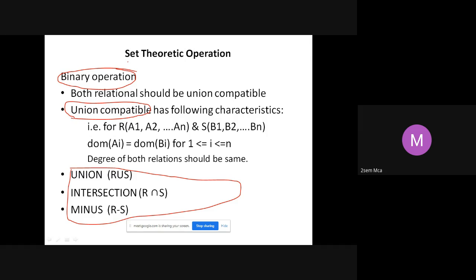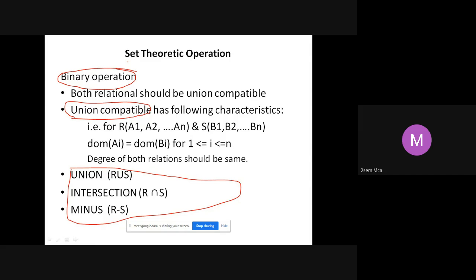R union S, A union B is different. There is something called union compatibility. Let us see what it is. Whenever you are applying the set operations on two different tables, both the tables should be union compatible. Union compatible has got nothing to do with your union operation.